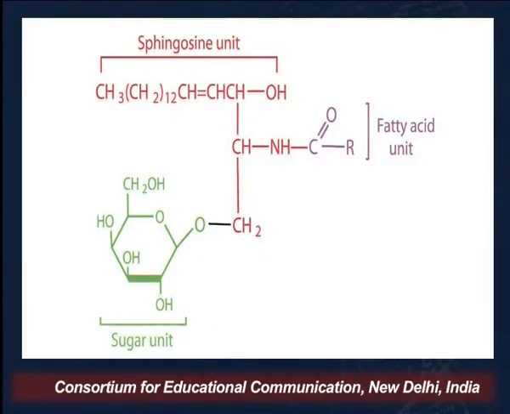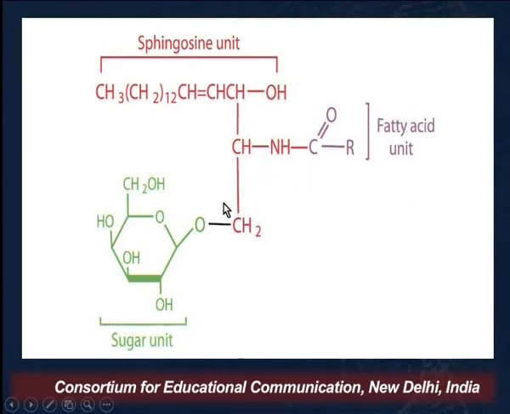So as you can see on your screens now, you can see the structure of a glycolipid, in which we can see that this glycolipid is made up of three parts. First is the backbone, which is the alcohol sphingosine. Second is the fatty acid unit, and the third is the sugar moiety. And this sugar moiety is the polar head of the glycolipid, and the sphingosine unit along with the fatty acid forms